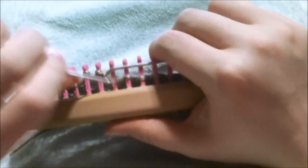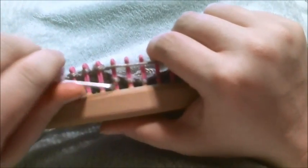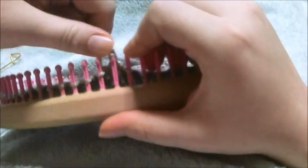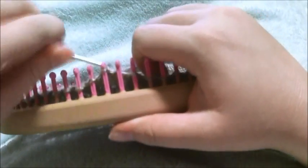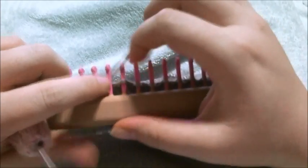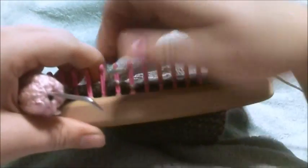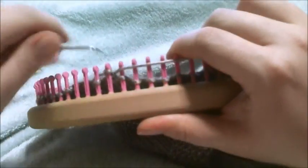then you're going to knit over 10. There's 2, 3, 4, 5, 6, 7, 8, 9, and 10. You're going to take the next stitch and pull it back and toss the bottom loop over. Then skip that empty peg, knit the next one, move it over to the next peg, toss the bottom loop over, and then knit to